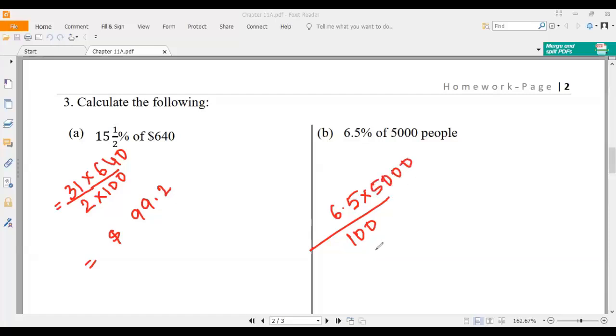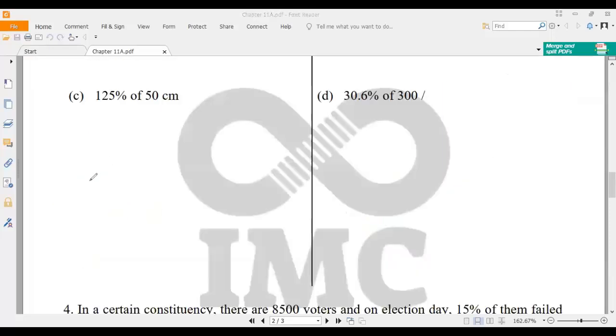Now we need to do the calculation. By using the calculator, we can find that it will be 325 people. Now question number C. 125%. That means 125 by 100 multiplied by 50. So 100 by 50 will be 2. 125 by 2 will be